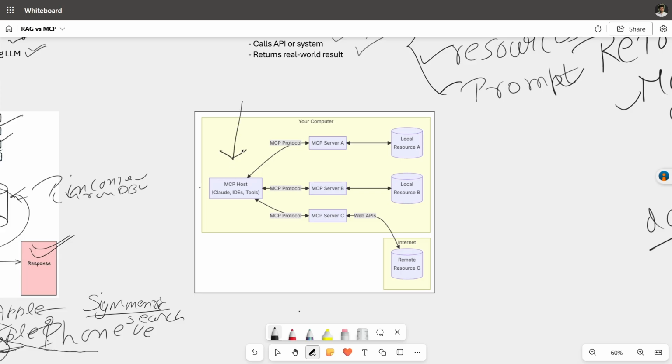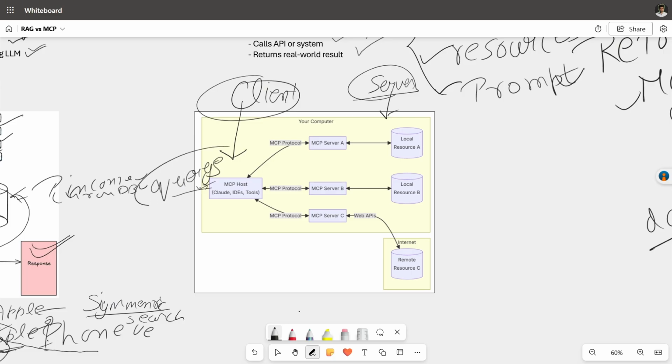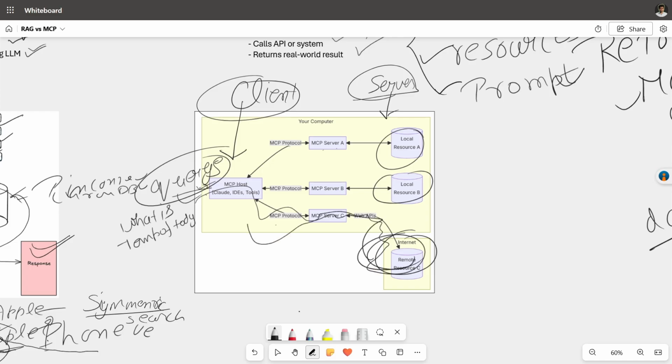here is the one client, this is the server side. You have to just think of that. The MCP host can be anything. The client is where you put queries. These queries go to the MCP protocol, which checks which local source is there. If you connected web APIs and asked what the temperature today is, it will go to this protocol side, and from a website it will search the answer and tell